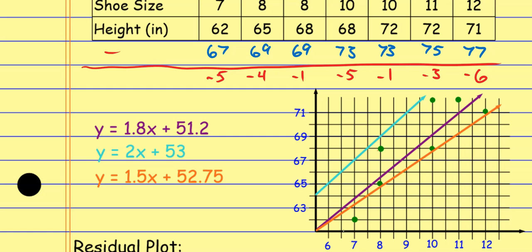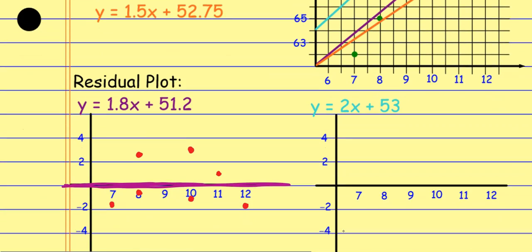And again, it's just measuring how far off this is. Like right here, here's that -5. Here's that -1. Here's that -4. It's showing me how far off my data values are compared to the line that I'm trying to use as a prediction. Okay? And so if I plot these guys on the residual plot,